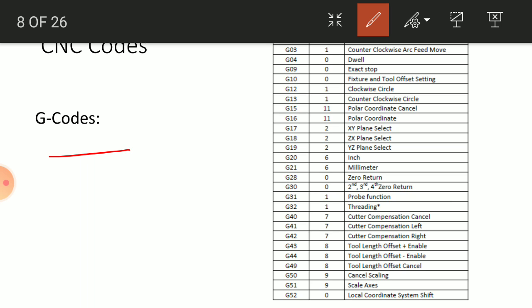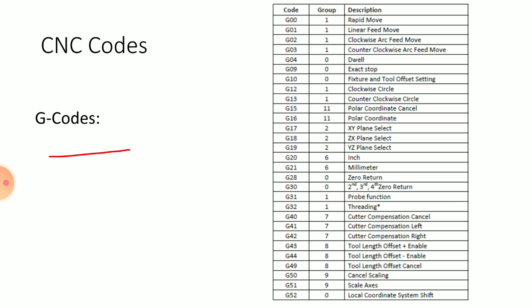In G code you need not remember all the codes, you just have to remember some specific codes through which you can perform the specific operations, because these codes are very large in number, so it is not possible to remember each and every code. It needs lots of practice, but from the exam point of view you have to remember just a few codes. In practical applications, a G code and M code book is available in industry. You just have to follow it and perform each and every operation. For the exam you have to remember just a few codes, because they can be asked repeatedly in an exam.